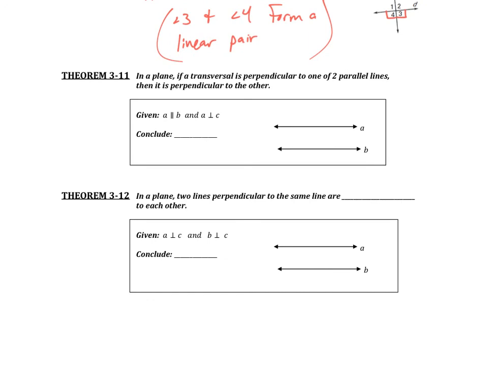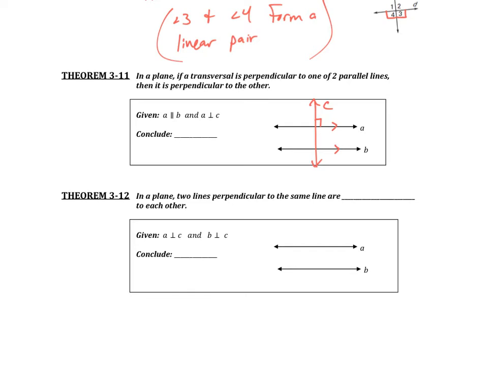Theorem 3.11 says, given that A is parallel to B, and A is perpendicular to C. So what we're going to draw is a third line going through here that's perpendicular. This is line C, and it's perpendicular to A. And we also have that A is parallel to B. So if we're given that two lines are parallel, and there's a third line that cuts through them that's perpendicular to one of the lines,